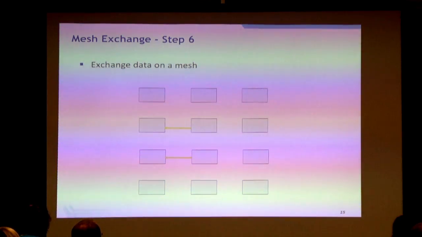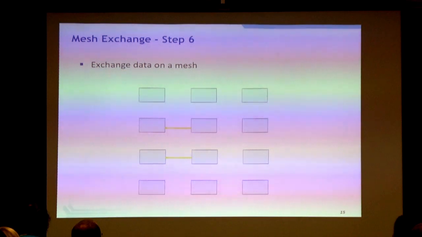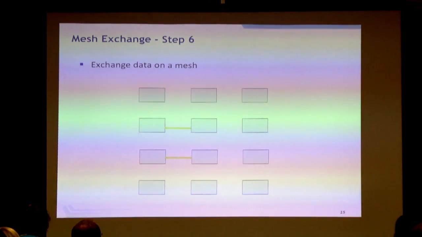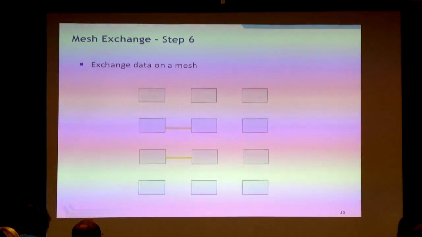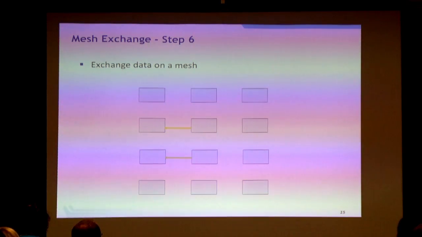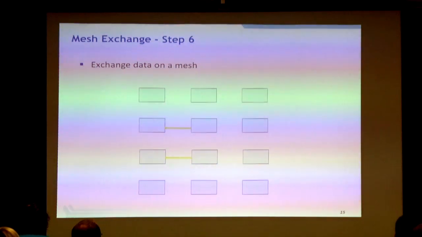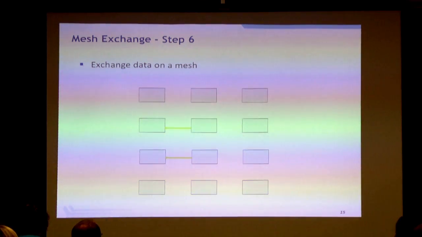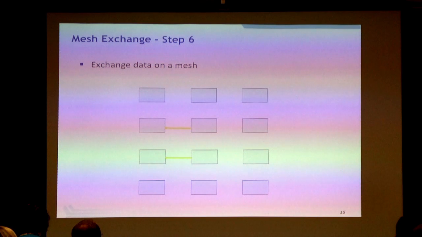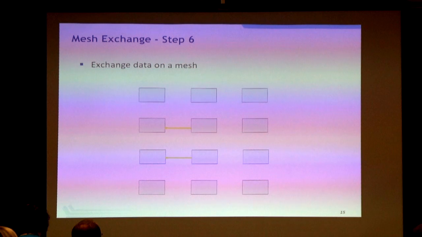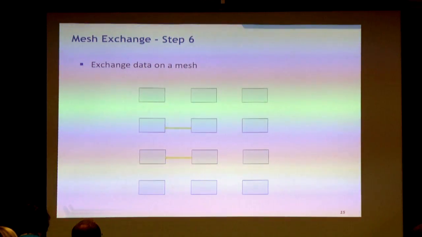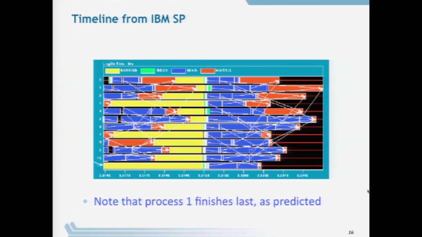And it took 6 steps instead of 4. So it took 50% longer in this model than you would have expected, because the requirement in the code that the sends complete meant that when your target process was busy receiving data from somebody else, you couldn't make any other progress. And if you looked at, it tells you how old this was, on an original IBM SP,